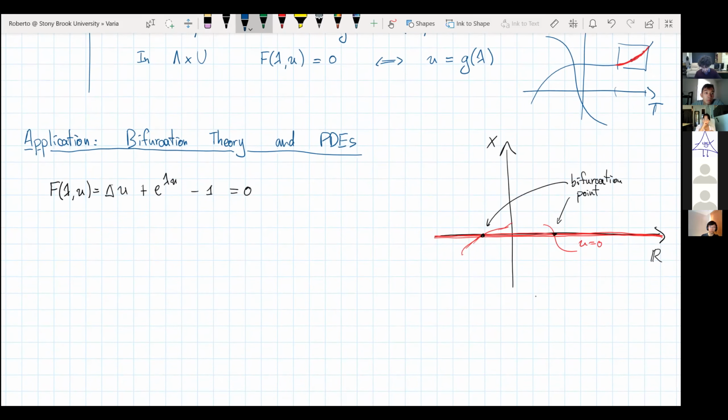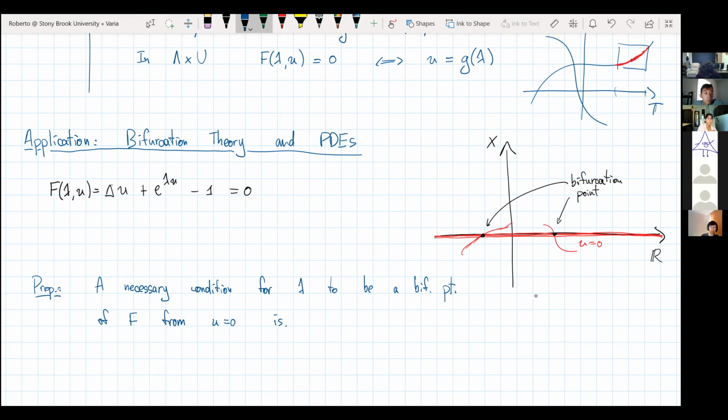And something that we already know from the implicit function theorem is, I'm basically reversing what I said before, a necessary condition for lambda to be a bifurcation point of f from u equals 0